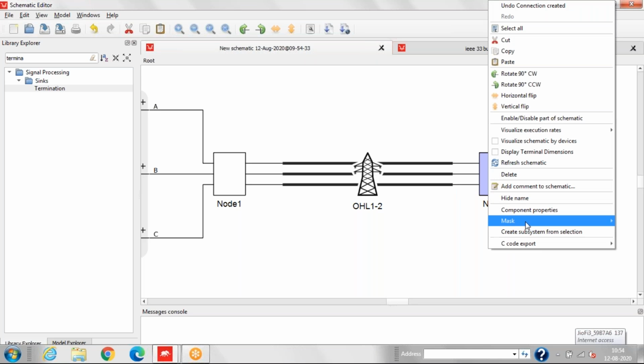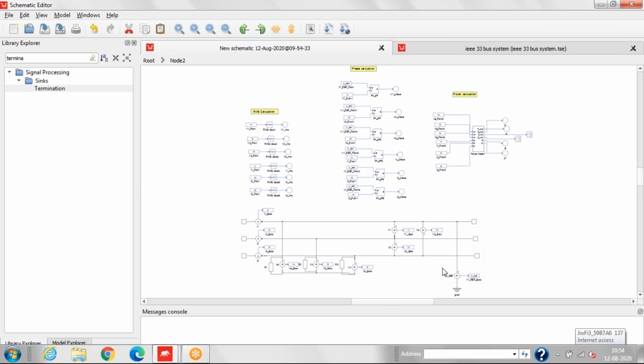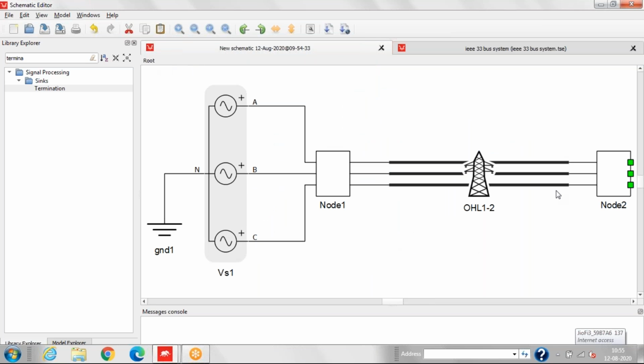So now we'll go to look under mask, and what we have to change, we only have to delete this v1 reference, because we have already set v1 reference as global, so that it will go to the entire root of the system. So that's why we'll delete only this v1 and we'll go to the root.